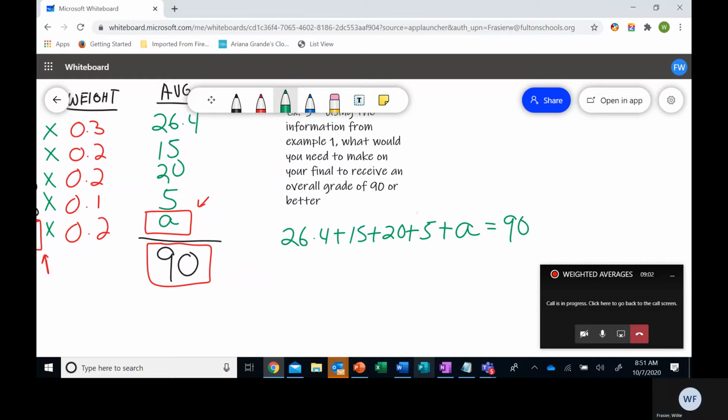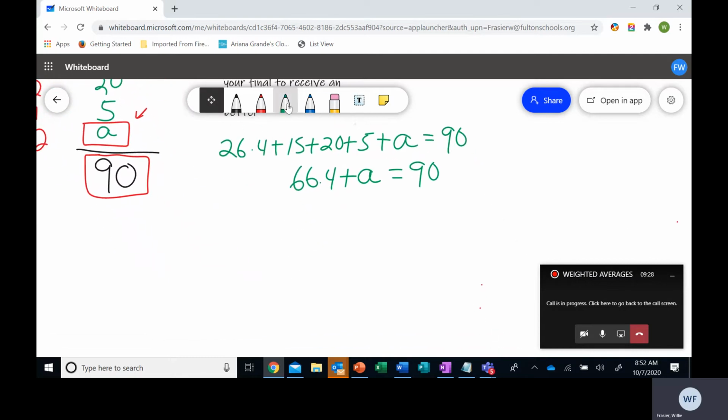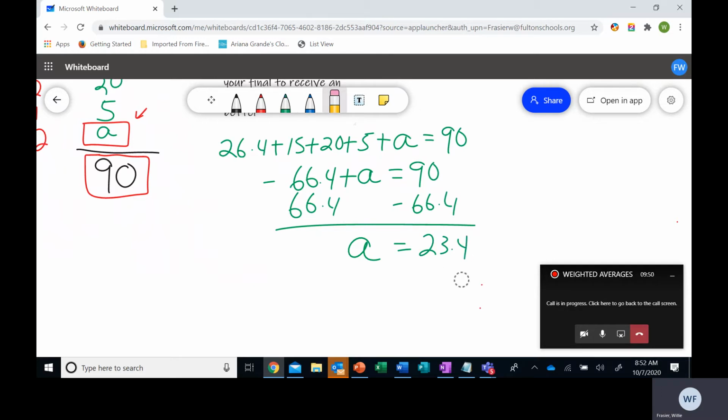I'll pull my calculator out. 26.4 plus 15 plus 20 plus 5 is equal to 66.4. So this is 66.4 plus A, because we still don't know what that is, equals 90. Let's keep solving for this. How do I solve for A? Well, I'm going to subtract 66.4 from both sides. That leaves us with what A is. So 90 minus 66.4 is equal to 23.6. So that is our weighted